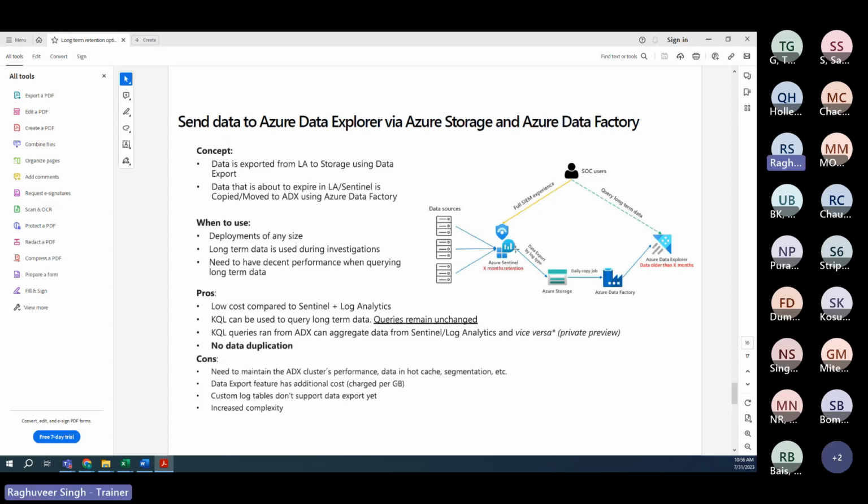You can first ingest logs into Sentinel, keep them for a couple of months, and then export those logs to Data Explorer directly from the Sentinel Log Analytics Workspace. Or you can first export those logs to a storage account, and from the storage account, whenever you need to run queries or do an investigation, you can manually copy those logs to Data Factory, and from there you can ingest